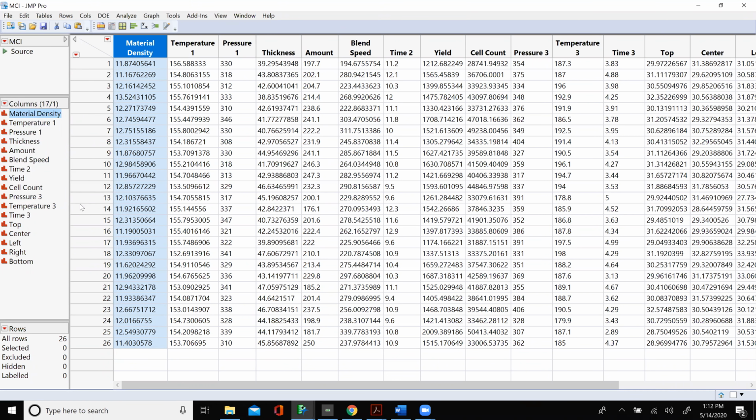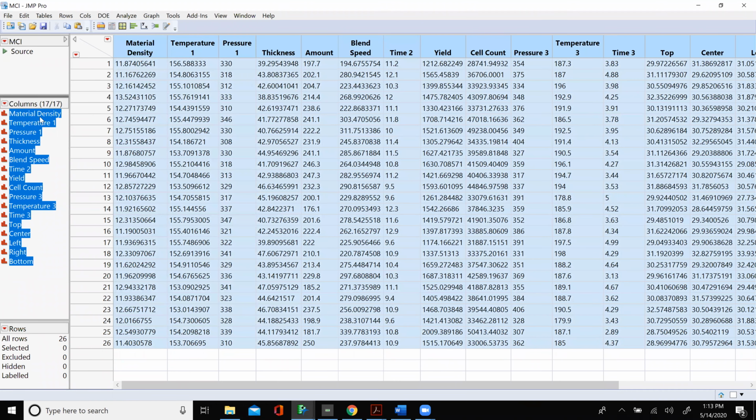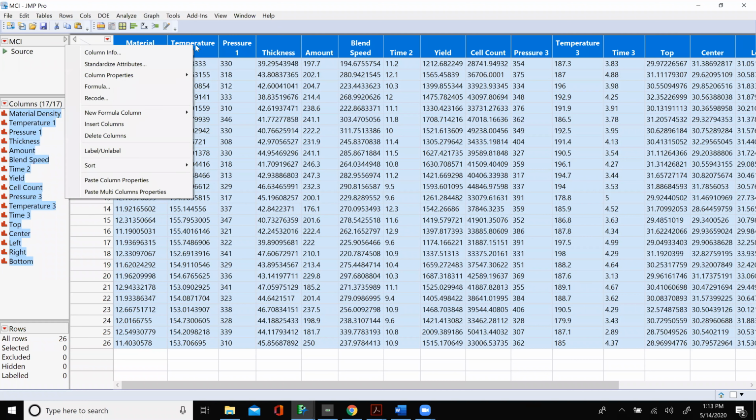Next thing is I need to tell JMP that all 17 of these are numeric and they're continuous. And let's just say that we want them to be 2 decimal places. So team, I'm going to select all 17 of them. And up here where it says temperature 1 or material density or any of these, I'm just going to right-click.